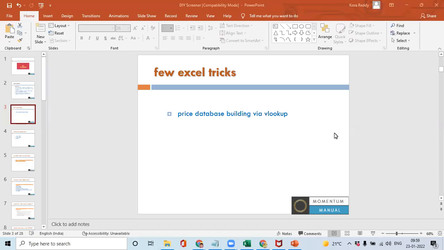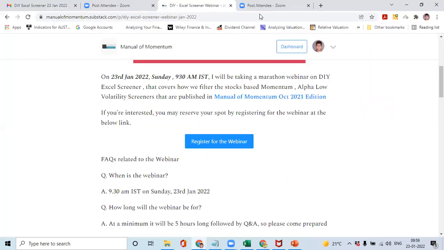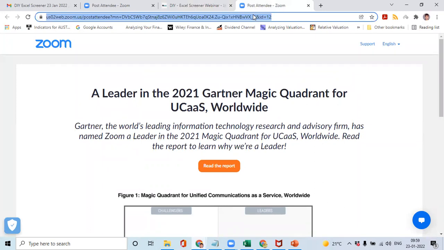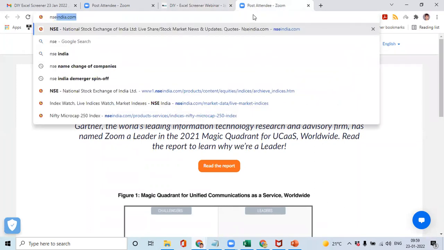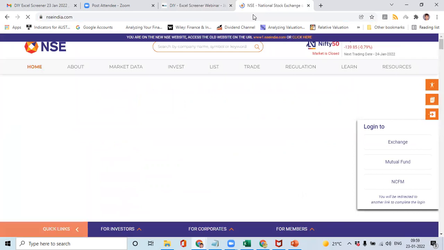Right. So, the price database. Let's say this is all do it yourself. 100% of the stuff is from freely available sources on the web. So you have this NSE India website,